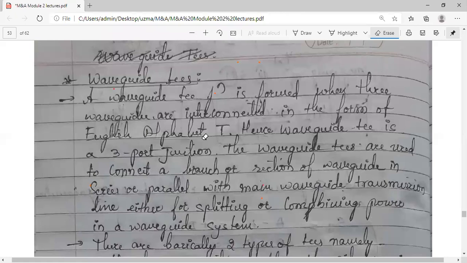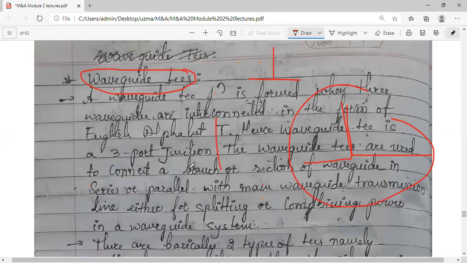So just like the L-shaped connectors that you use in your water pipelines to connect two different pipes, the structure which we use in transmission lines, in waveguides, is the waveguide T. Okay. So these waveguide Ts, their physical structure, looks like the English alphabet T. आप ये भी imagine कर सकते हो कि एक L joint ऐसे आएगा और एक L joint ऐसे आएगा. So all together the English alphabet is formed. This is reversed, something like this. So this is the structure, we call it waveguide T.